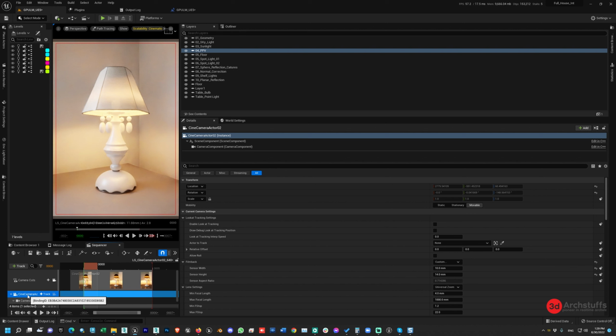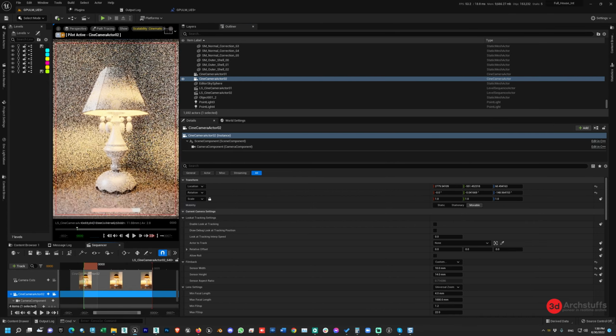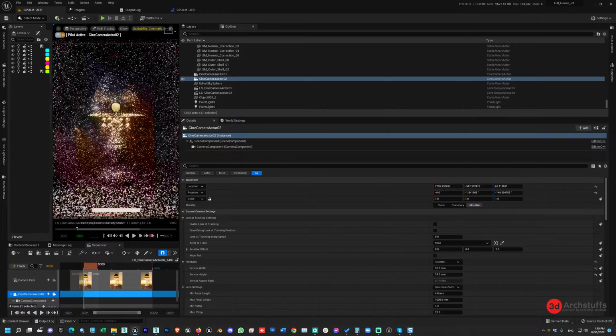rotate the camera a little bit. For that I'll go here in the outliner, right click, switch off the lock camera movement, select this camera. I will, a little bit, bring back this